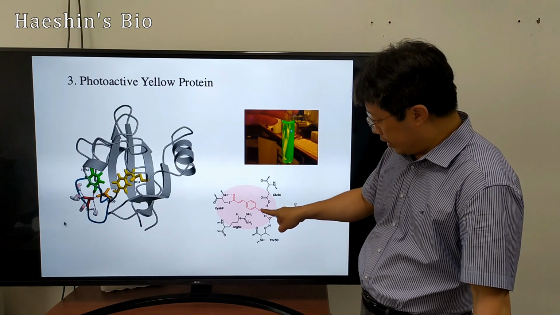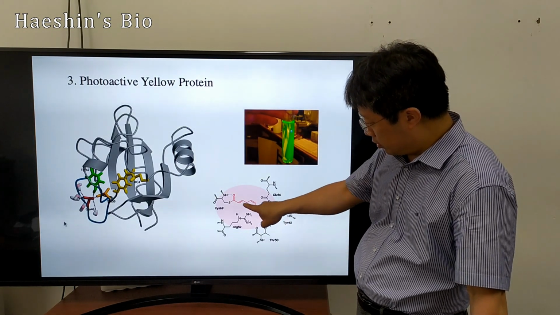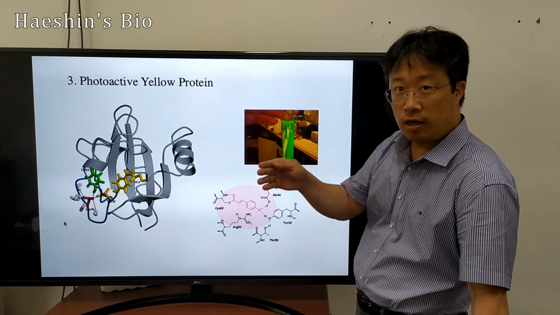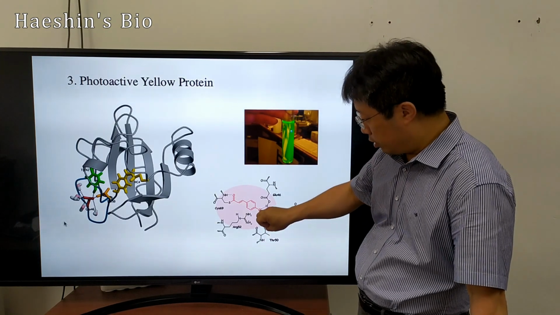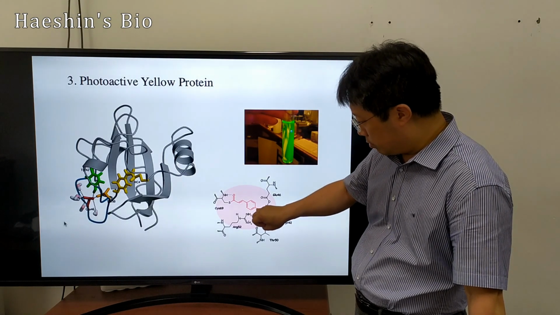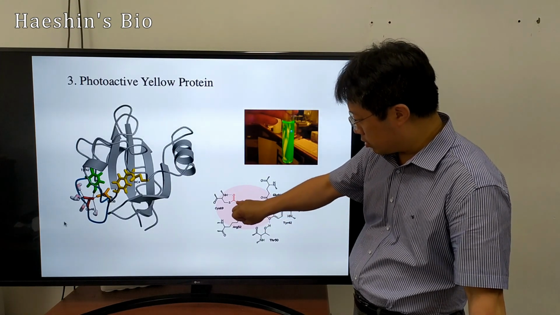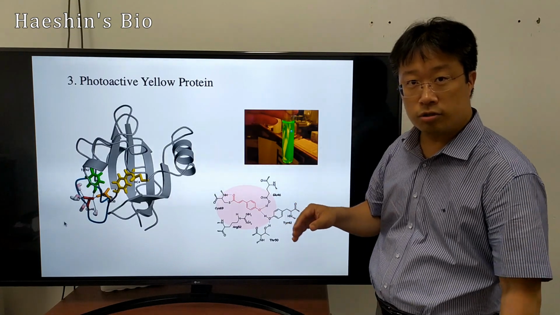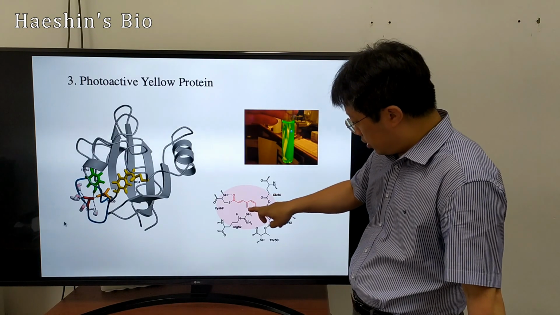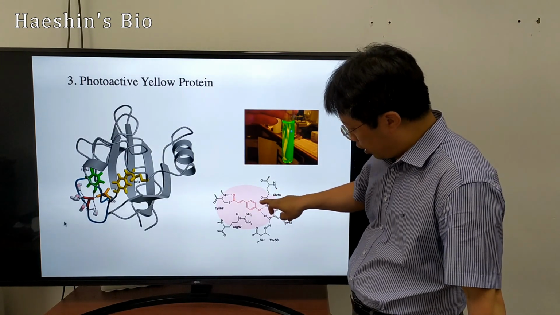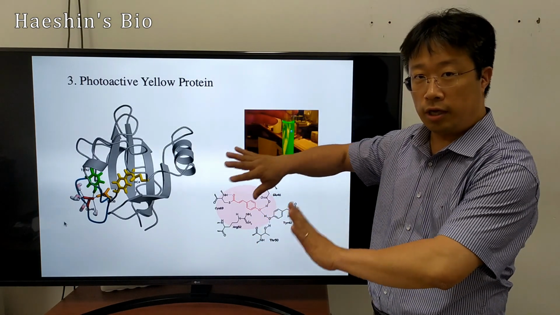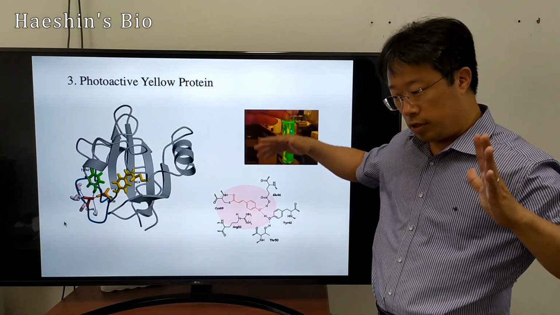Also, O minus and phenyl ring double bonds and CO. Now you learned about the conjugated electrons, right? Conjugated electrons, they resonate. This is conjugated double bond, single bond, double, single, double, single, double bond. So it's a conjugated structure, like a conducting polymer. The electrons travel freely in this molecule. So they basically lose energy. And losing energy means that